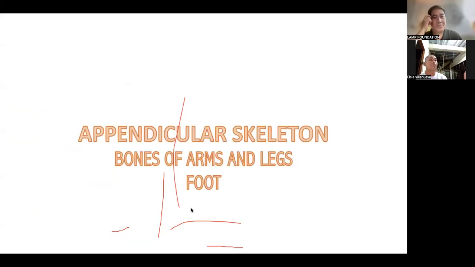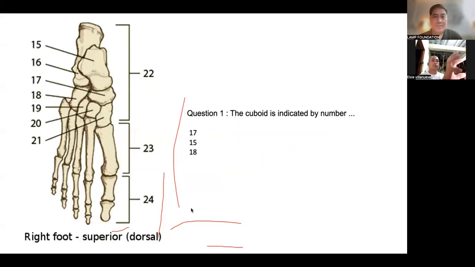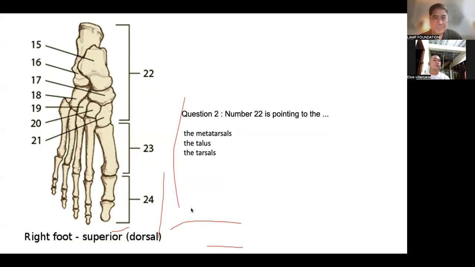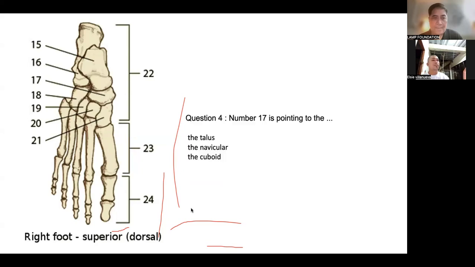Trichitrum. Cuboid. Cuboid is number 18. 22. Yes, tarsals. Navicular. Number 17. Okay. Number 17 is